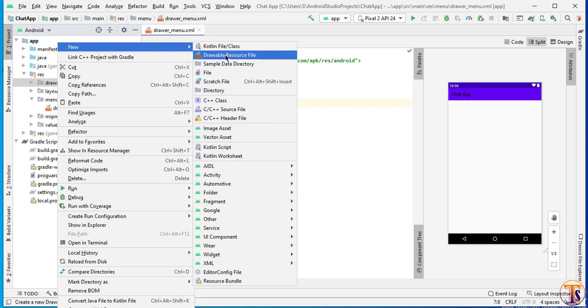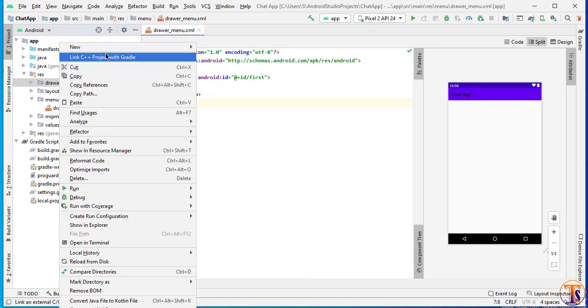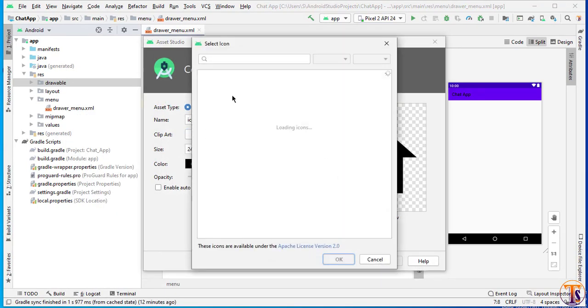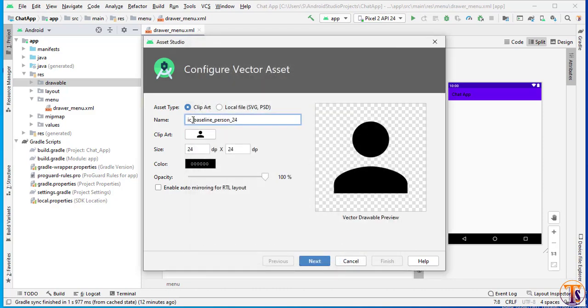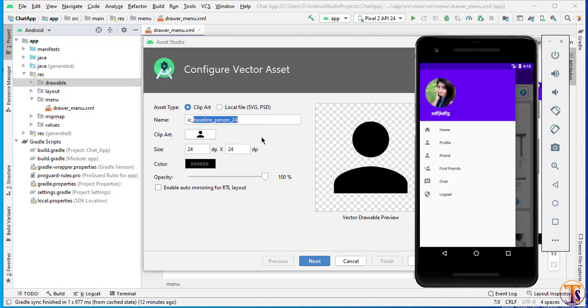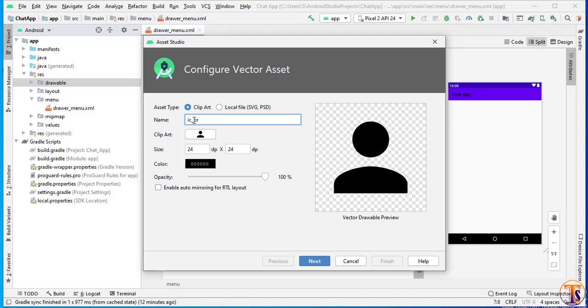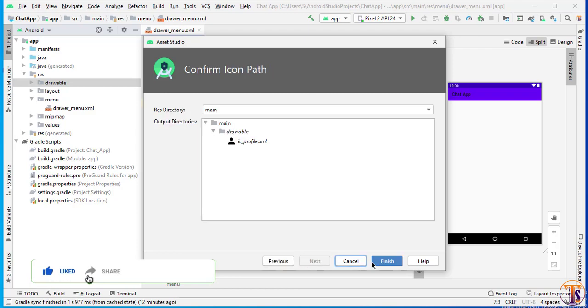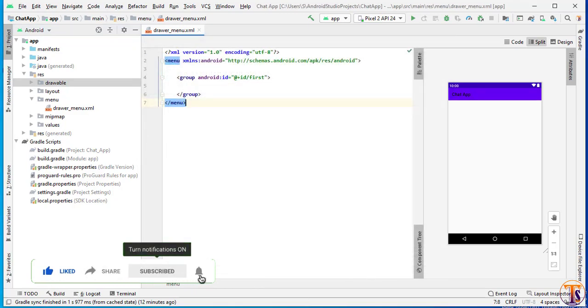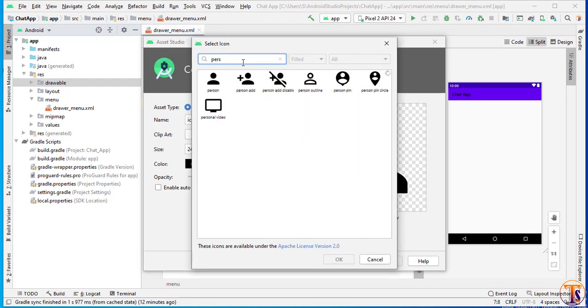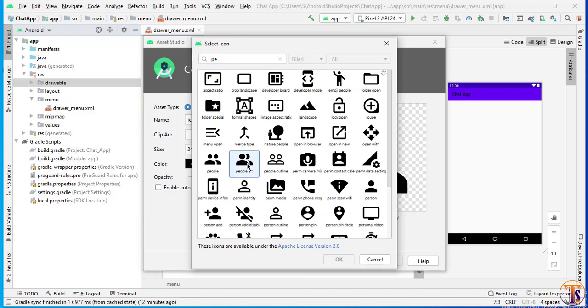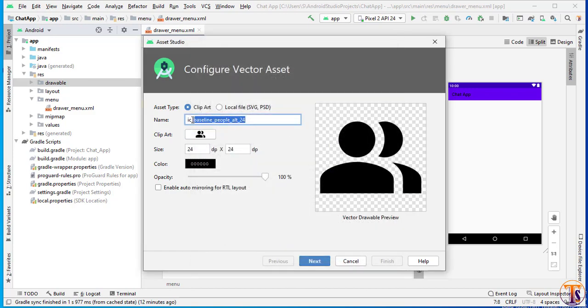Next one is vector asset, and again we select person, and here I select profile. Again vector asset, and this one I select person, or like this one, I see friend.